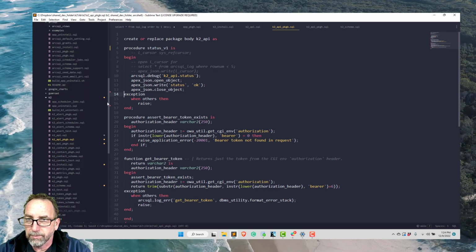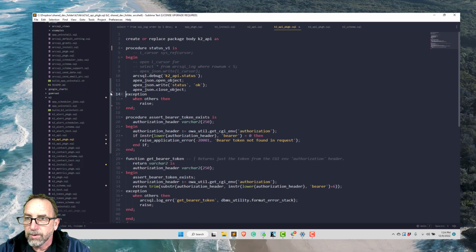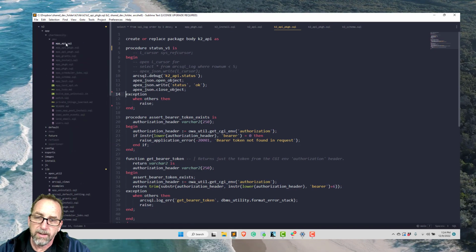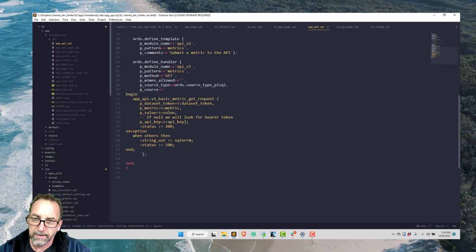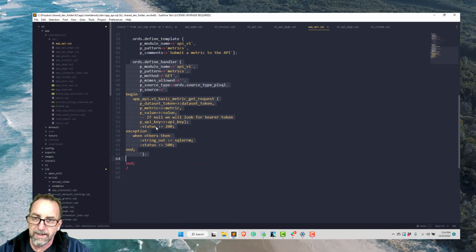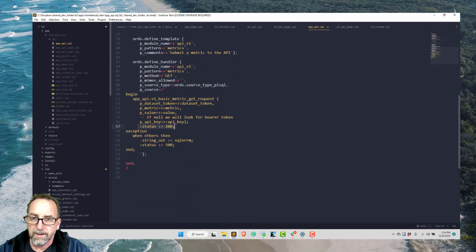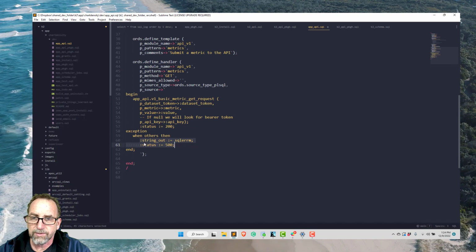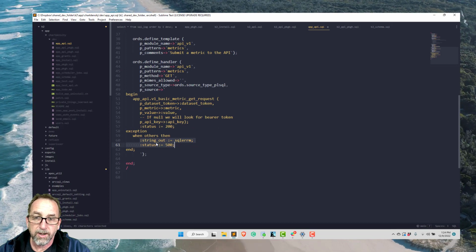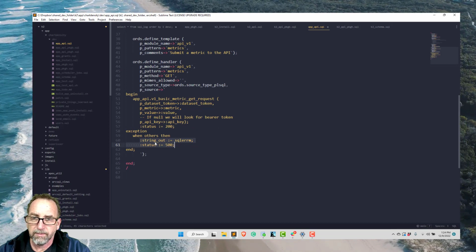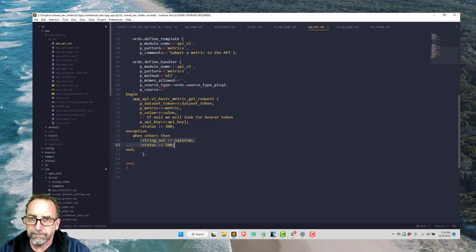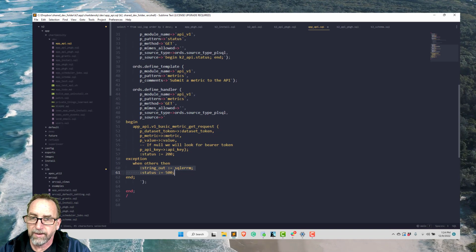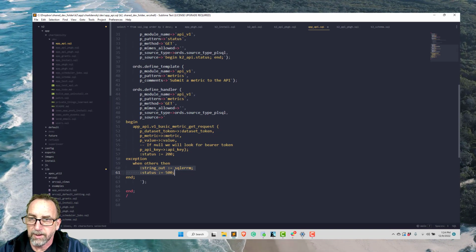So for example, up here, when we actually create the layer on top of that, that's going to be looking like this, and then we can set our status in here. And I think string out works. I saw that somewhere, copied it, but I don't know if there's any other variables I could use instead there. So that's basically how you set your status. It's going to be in the handler, and we're not doing that.